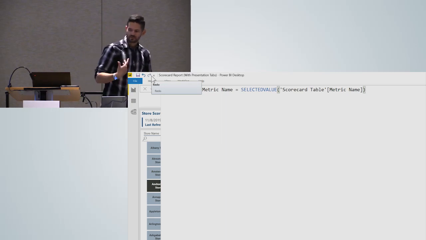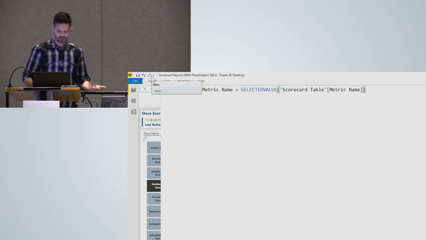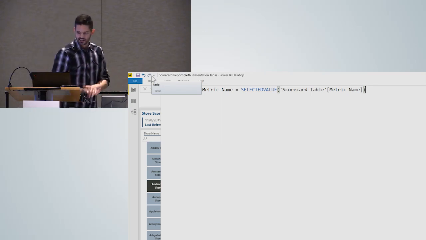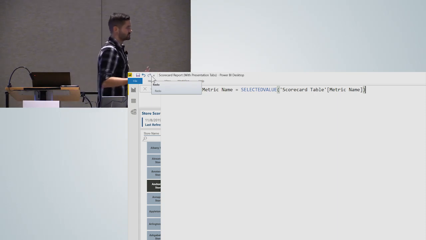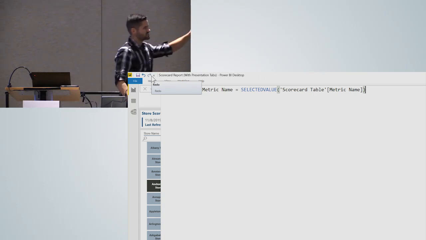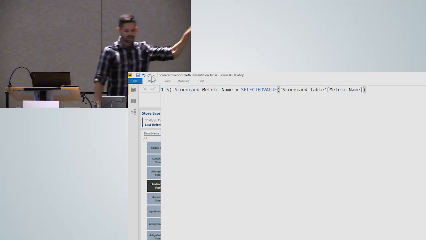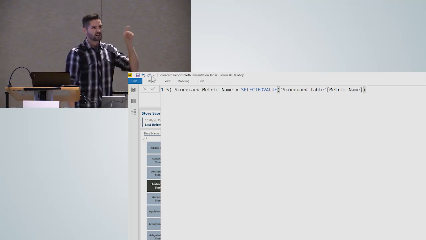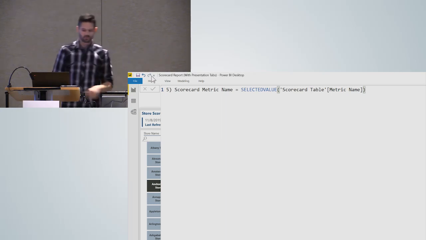selected value that basically just grabs the value from a column if there is only one value being returned. It's similar to first non blank and a few others. I like it because it's a little easier to read than some of the others, plus it provides an alternative. Won't go too much into it, but if you ever need to grab the value per row when there's one value being returned, this is a really good, clean way to write versus an IF HASONEVALUE, then MAX of something else, which is a bit more complicated.